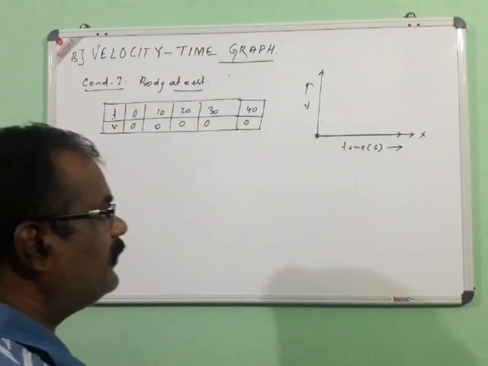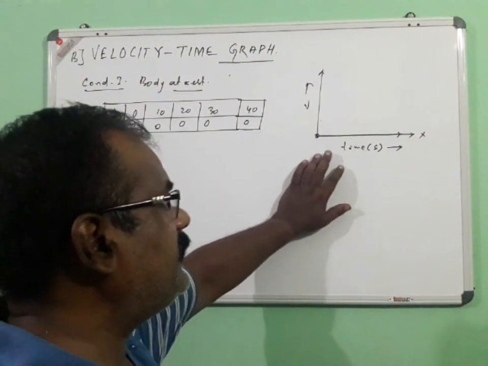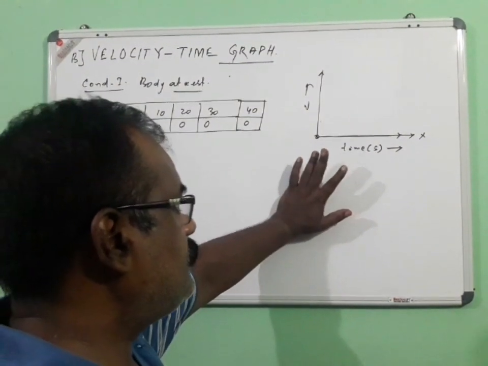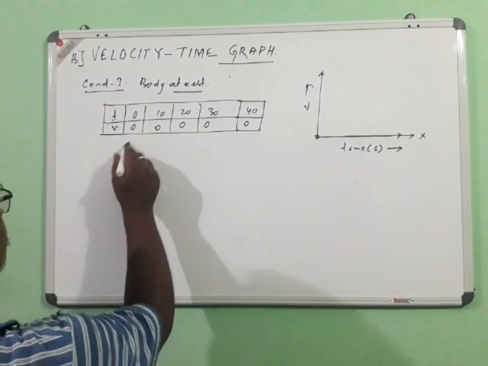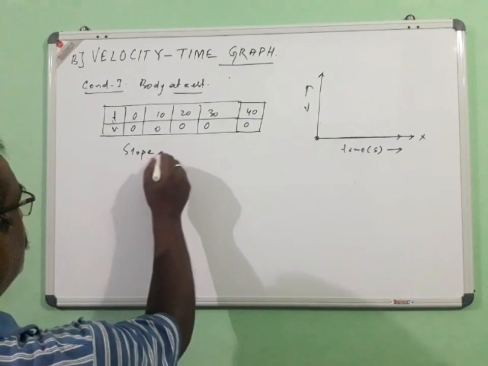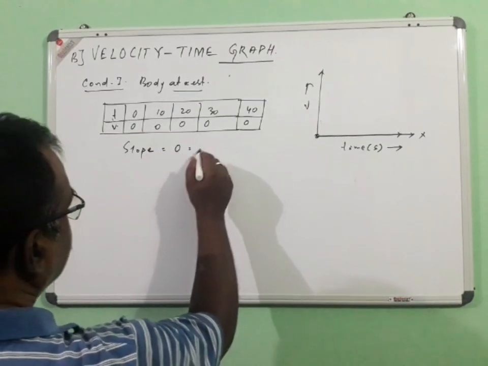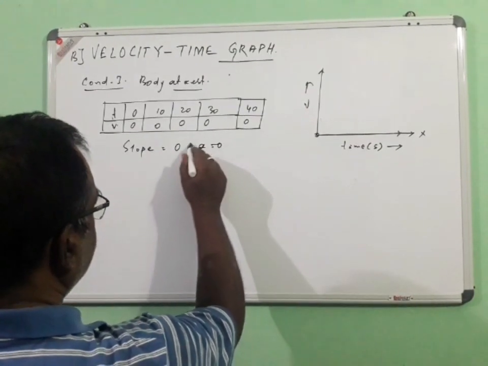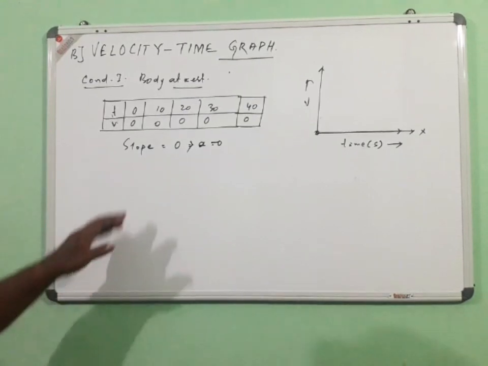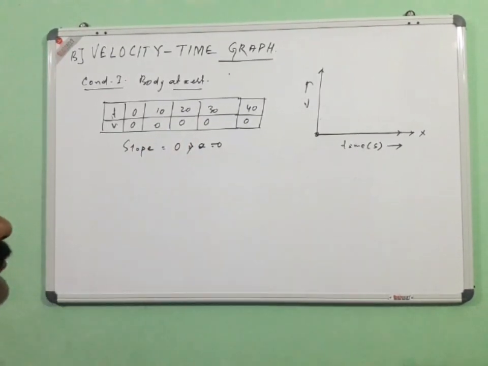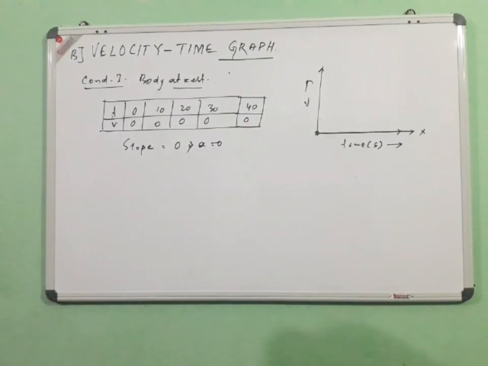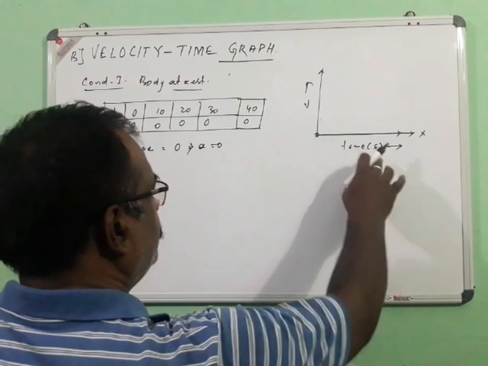So here, as we know earlier, the slope of the x-axis is 0, so the slope is equal to 0, or we can say that acceleration is equal to 0. It is also obvious, since there is no velocity, there is no question of acceleration. Now consider a body moving with uniform velocity.